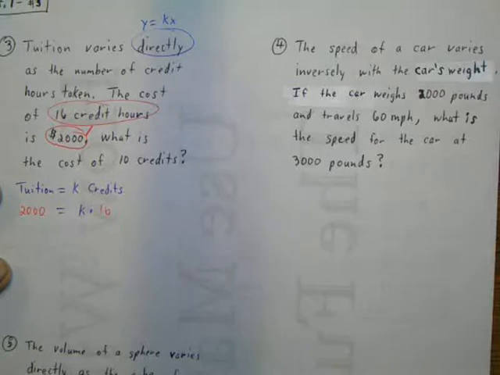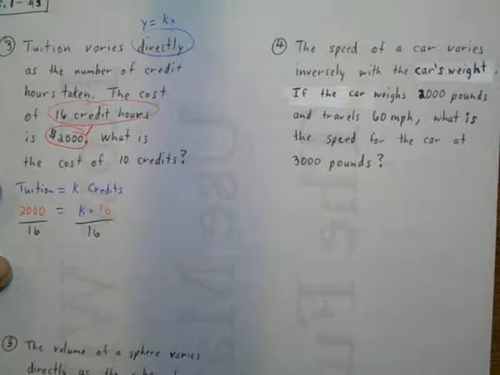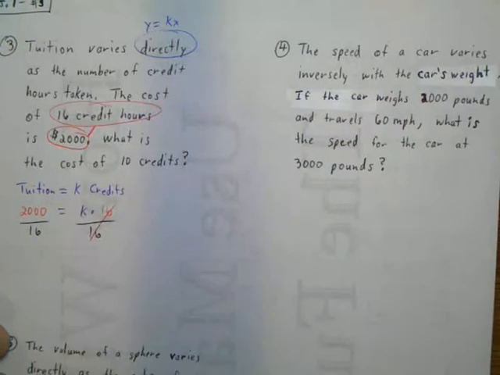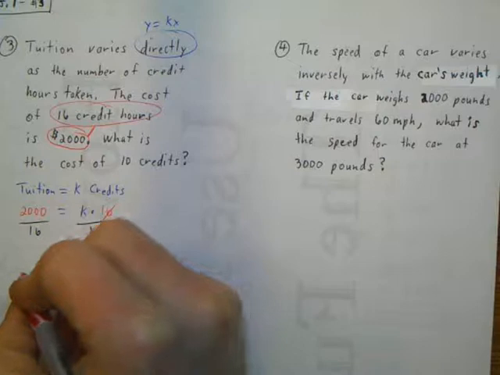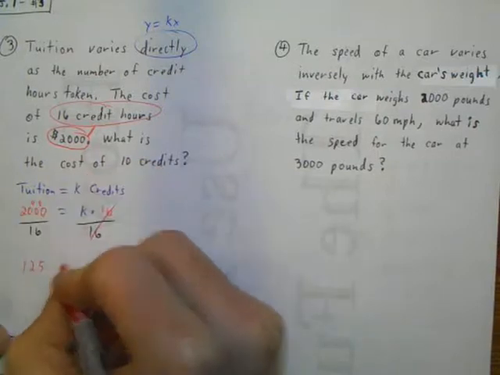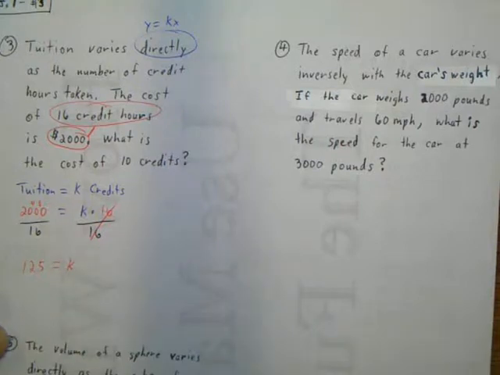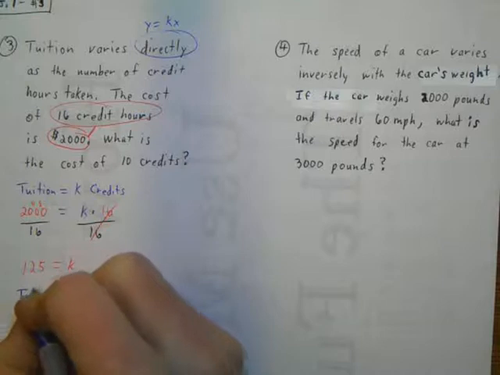So to find what my constant is, I'm going to divide both sides by 16. And when we divide, my 16s cancel on that side. And on this side, 16 goes into 20 one time, carry the 4, 2, 8, and 5. So my constant is 125. In this case, if you think about this, when we plug this back in, my tuition is a constant